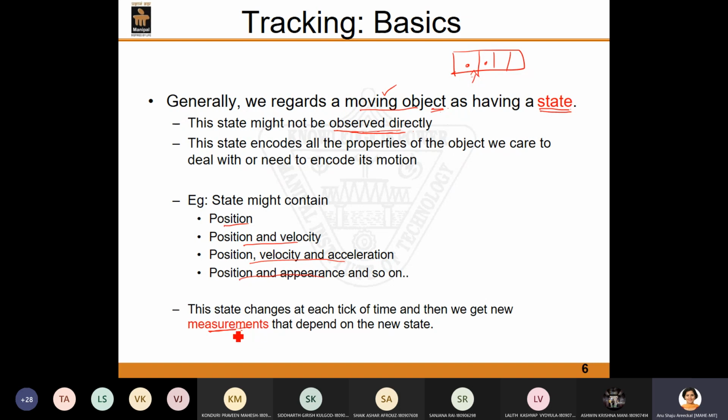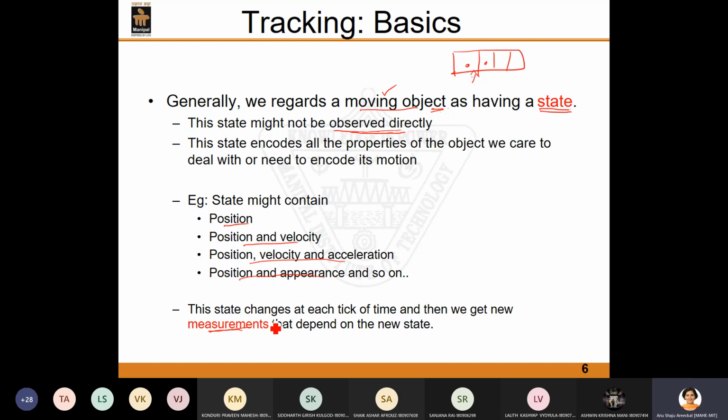Since the state sometimes may not be directly measurable, you can go with new measurements of some quantities which are being changed in that particular image. And that change should be with respect to the state of that particular object,